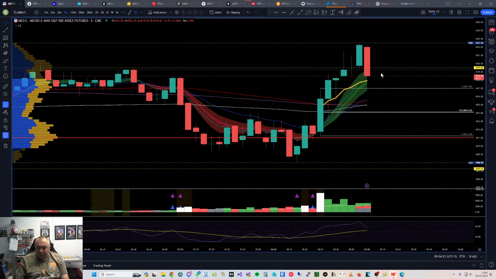This here is an anchored VWAP, which I keep an eye on, and you can use it as an area of resistance as well, but I don't trade off the VWAP. I keep an eye on it because whenever I put it in, it gives you the VWAP for the session, and then eventually it lines up with the current VWAP anyway.